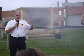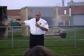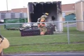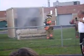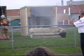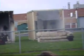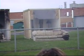Because if you don't have residential sprinklers, which would be on my left, you're going to be dealing with what's on my right. Residential sprinkler systems today are becoming more prevalent in the homes that we are building. The cost of residential sprinklers is almost the same amount as carpeting your house. It's not a lot of money. The other thing is we see that when they put residential sprinklers in your home, it has really no effect on the way the home looks because the pipes are hidden, the sprinkler heads are behind gusset plates, and so